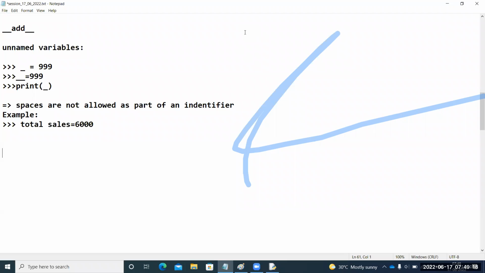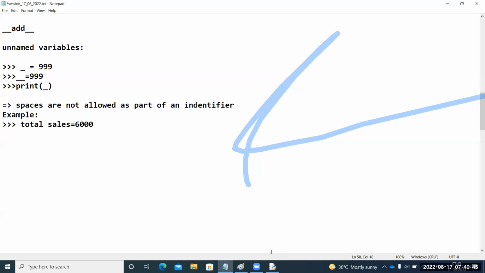If you use a space, you are saying it is a separate token. So, sales equal to 6,000 is valid. But what about this total? Why are spaces not allowed? Because this one is treated as a separate token and this one as another separate token, and then it is not meaningful.